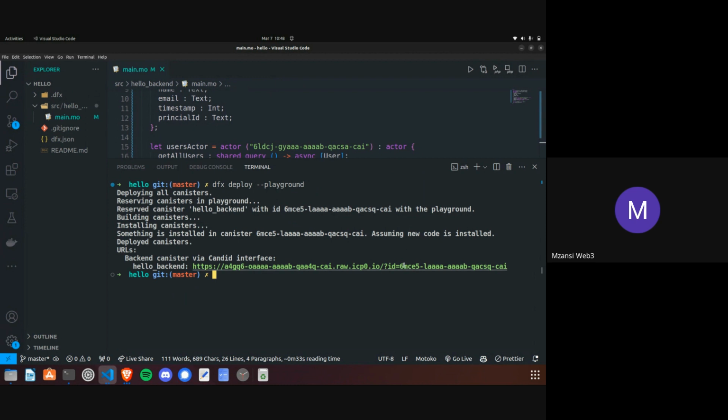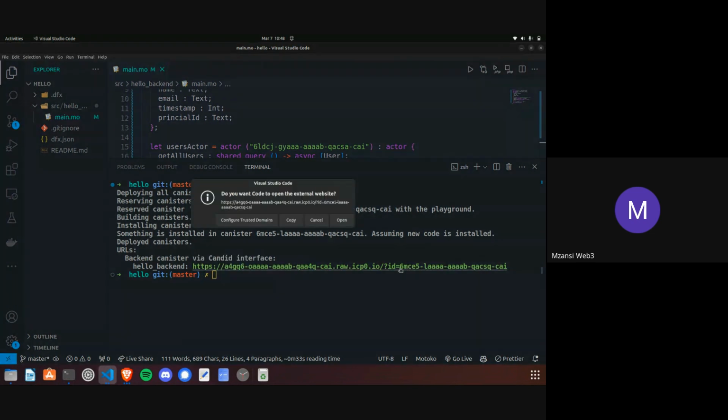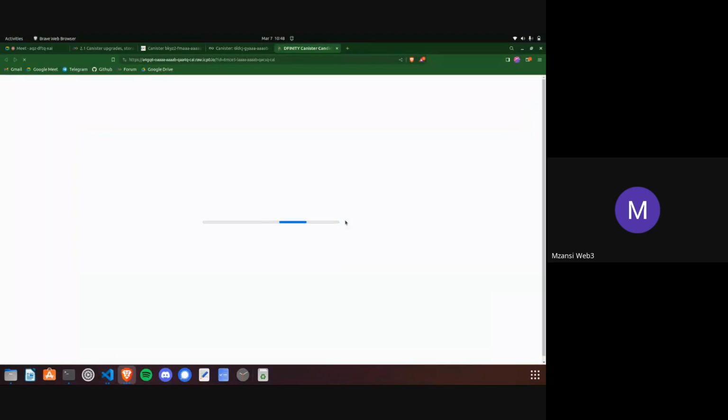I thought the canister IDs were the same, but it's 6L, 6M. I think that's fine. So let's open this. If we say get users,